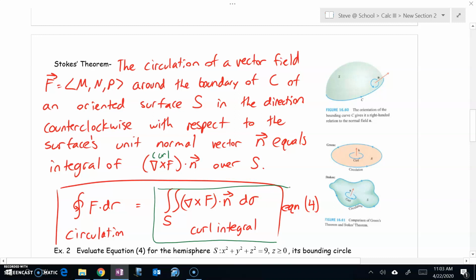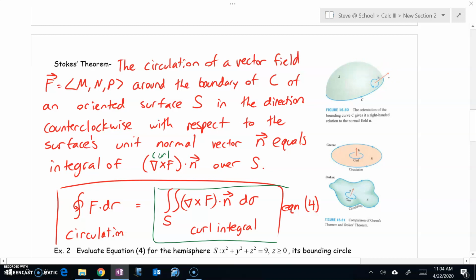So pause the screen if you need to write all this down. I'm sure you will. I am not going to waste time with the video because I only get 15 minutes per video. So there are nice diagrams over on the side here to show you that we dealt only with the K component of curl with Green's theorem because it was only the direction that was normal to the circulation. But now, since the circulation's around this curve, the surface has a normal that's not